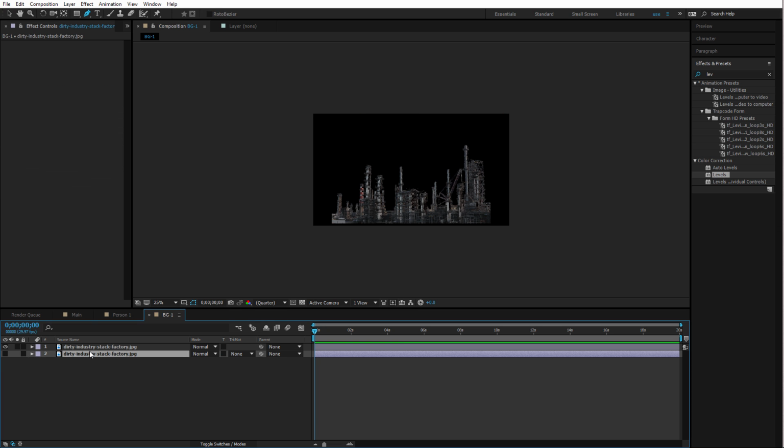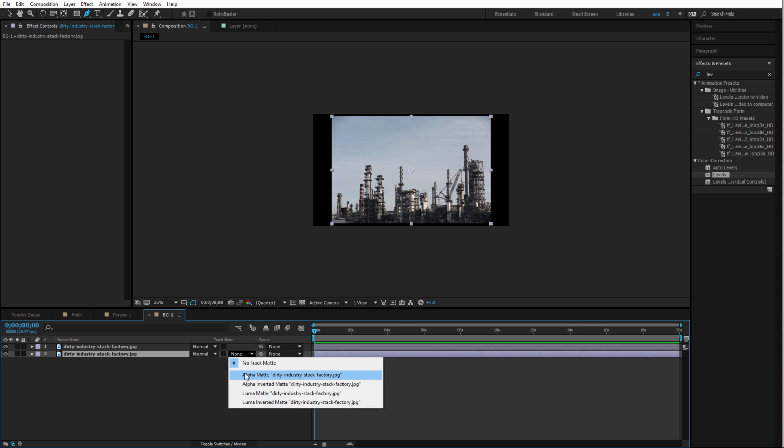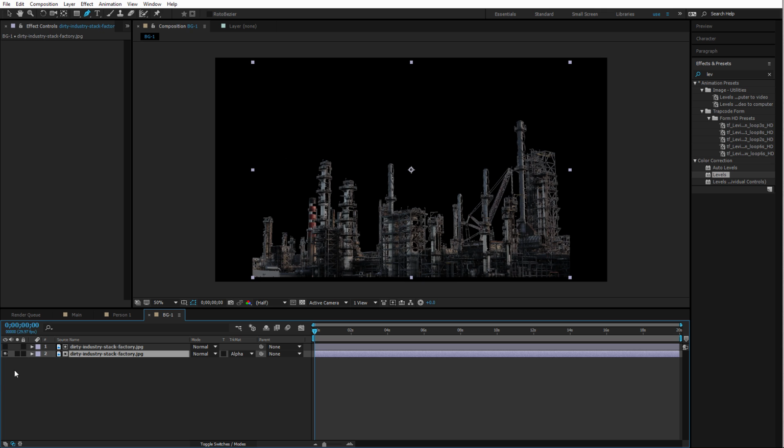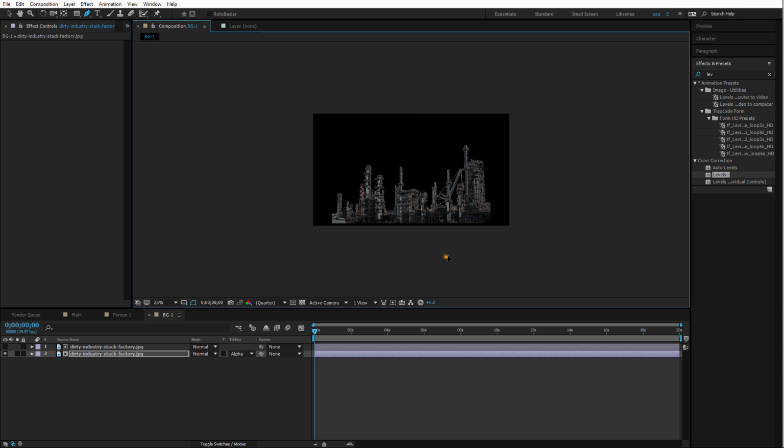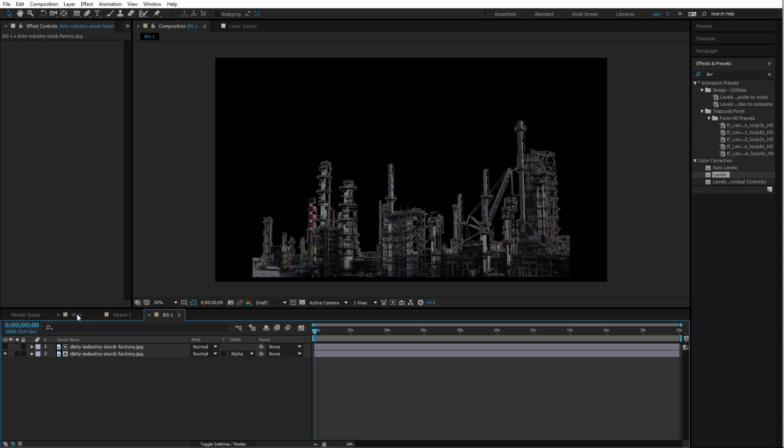And now what I do is I turn the bottom one on and I set it to alpha matte like that, because what it does, it gives a bit more detail, a bit more depth in my opinion, and that looks better. But you can keep it as it is, just in my opinion that looks a bit better. Okay, so let's go back to main